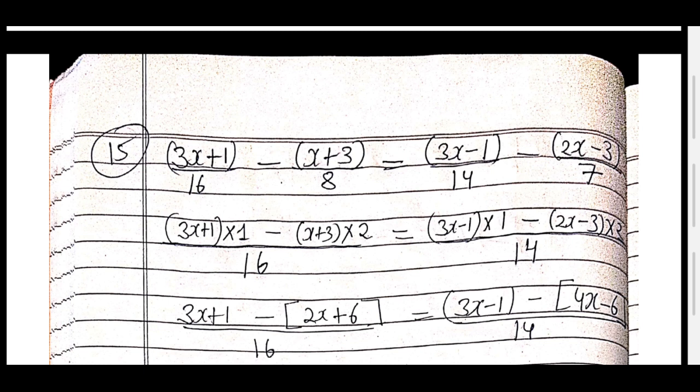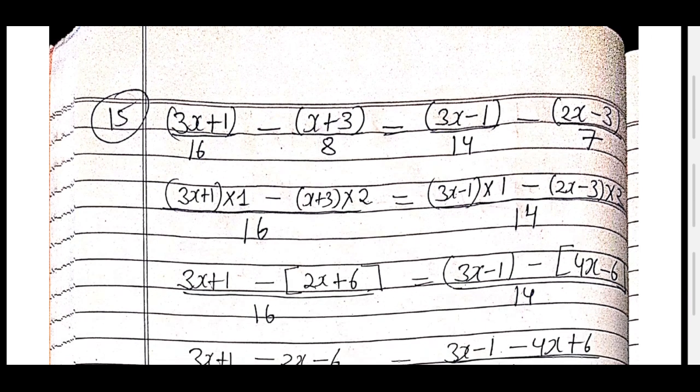LCM here, because if you do cross multiply, it may be difficult for you. Multiply this by this, this by this, and this by this. You can do it by this method also and get your answer, but the numbers are big. So we are taking one LCM here. The LCM of 16 and 8 is 16. Now just write the same term here and the same term here. Okay, so what you do? Just write LCM 16, same term here, same term here.